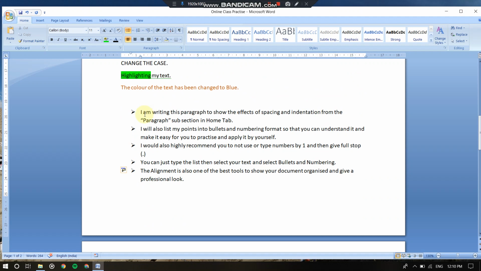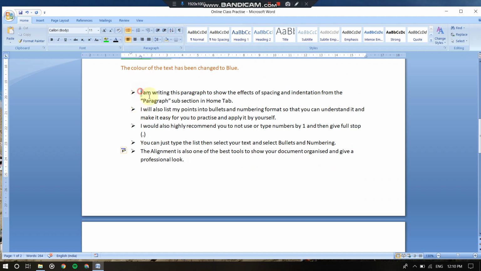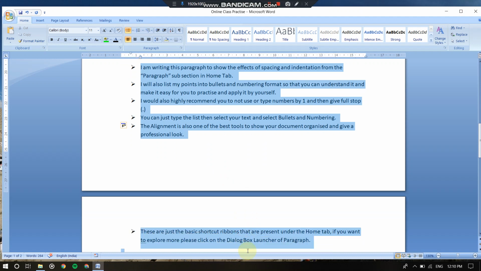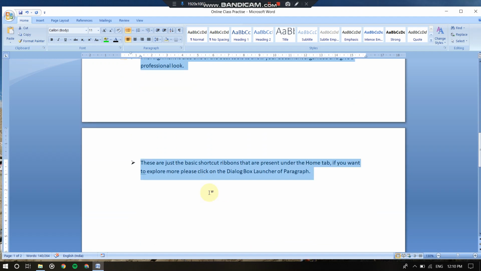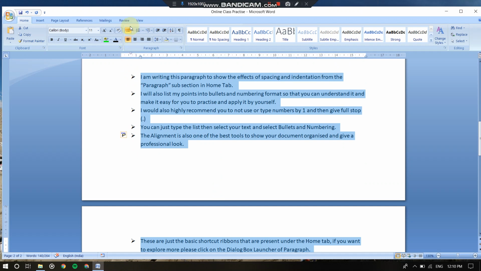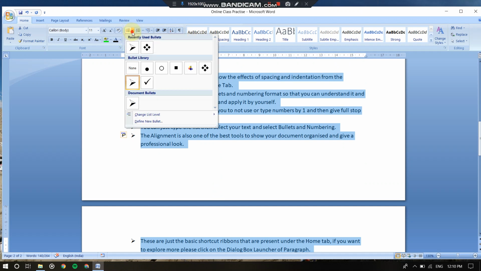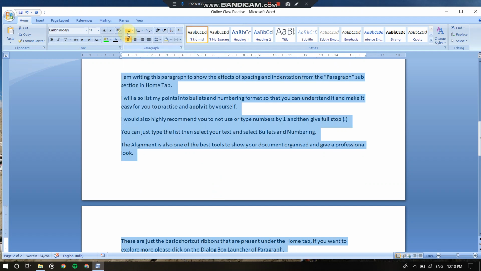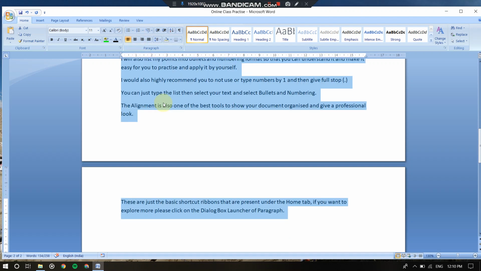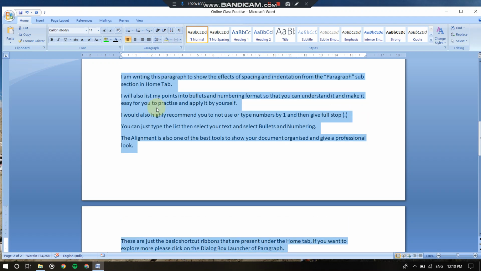Same as that, I would also like to use the alignment for this paragraph. I do not want to use this, so I will go back to the paragraph, and spacing should be 1.